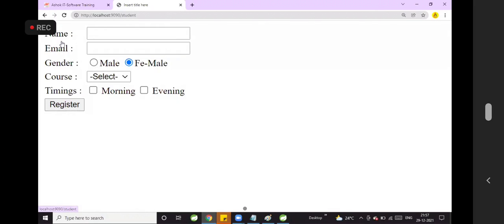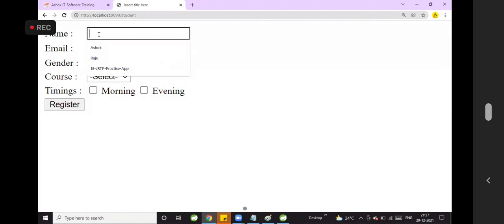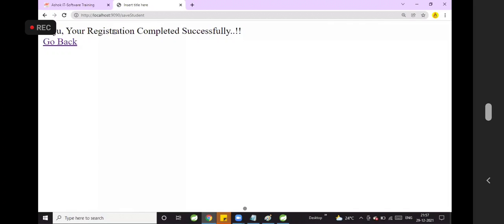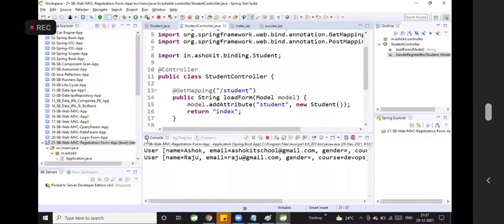Go back. Right now, let me enter Raju. Raju@gmail.com. Raju is male. Raju interested for DevApps. Raju interested for morning. Click on register. Raju, your registration completed successfully. Check the console. Can you see the console?